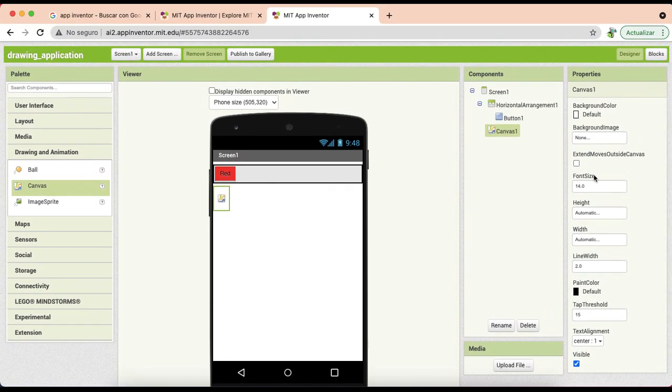Doing that, we're going to change the width and we're going to choose the option pixels. I'm going to create a drawing area of 300 pixels. That's for the width. Now I'm going to change the height in the same way. I'm going to set it to 300 pixels from top to bottom. With that, now I have